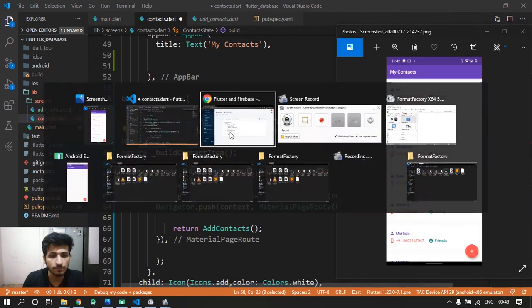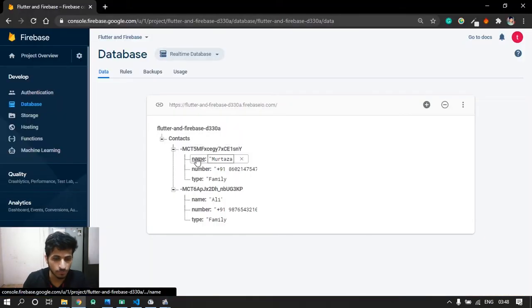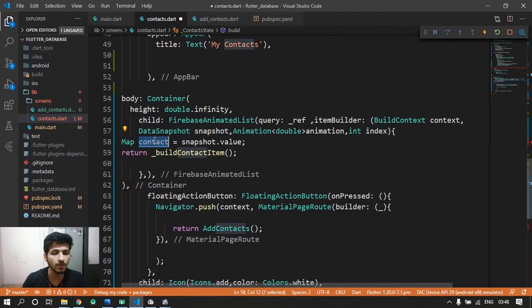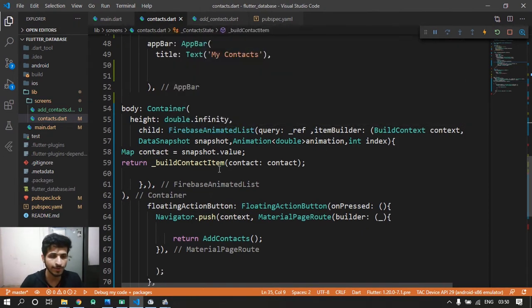Each snapshot contains this one child, which will have name, number and type. So these three fields are converted into map and have been saved in this our map contact object. So let's pass this object contact equals to contact. Okay, now if I hit save, let's see what it's showing.